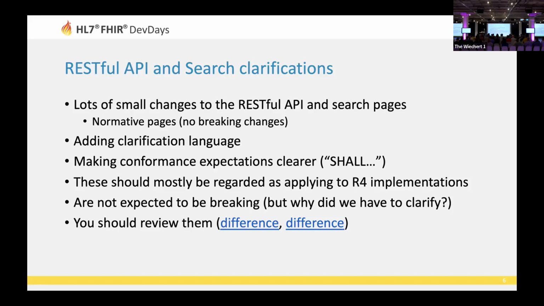We recommend that everybody, first of all, regards these clarifications as retrospectively applying to release 4, because they're actually clarifications. So if you're implementing release 4, you should read the release 5 pages, because they will tell you, in case of lack of clarity, what we believe to be the case in release 4. But like I said, we don't think that they're breaking. But honestly, if we were really, really convinced about that, we wouldn't have had to clarify. So there's a little bit of uncertainty about that.